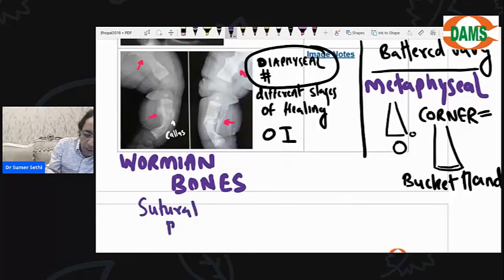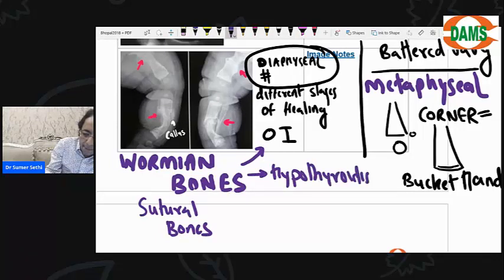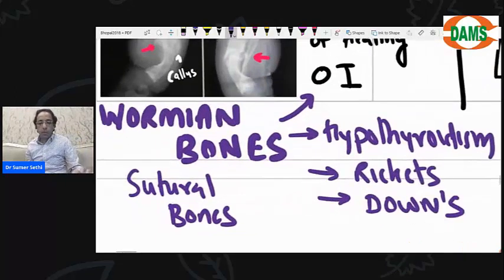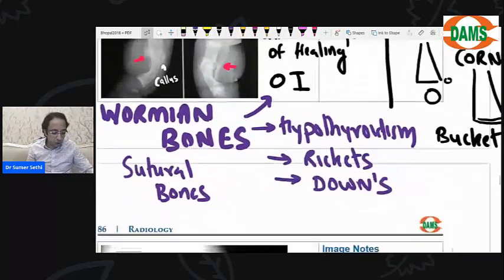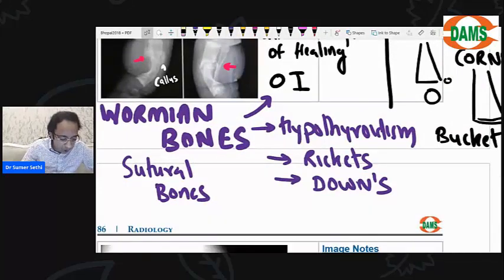Can you name any other condition in which I told you about Wormian bones? I told you Wormian bones in hypothyroidism. Don't forget rickets and even Down syndrome. Wormian bones on X-ray are seen in osteogenesis imperfecta, OI, hypothyroidism,